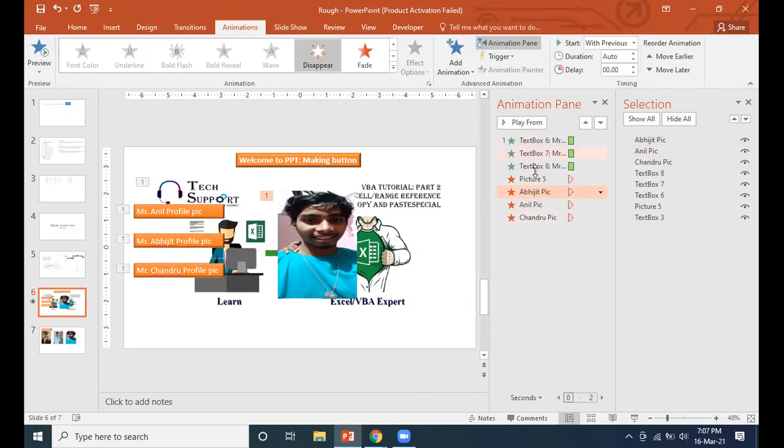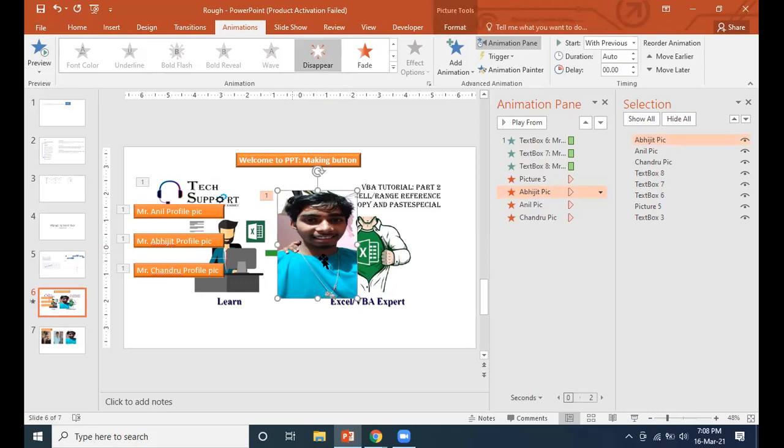This all the activity means that the background image, whatever is there, will be hidden, along with these three images, which will be affected. These three images will not come. Earlier it was coming, but now we made it disabled. When we click on Next, these three will be visible. Apart from that, all the other images will get hidden. Clear? Done.